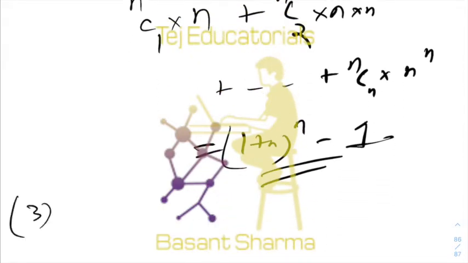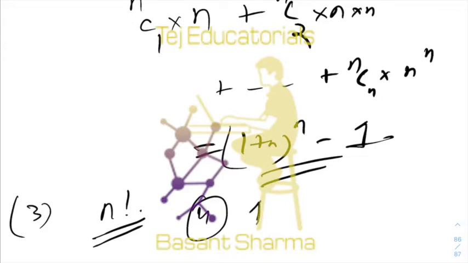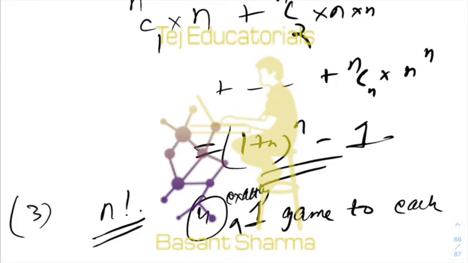Then third question, if I ask that if exactly one game is given to each, then that is simple. It is just n factorial. Okay. Then fourth part, if I say that suppose one game must be given to each, exactly one game to each, and 5 particular people or children, 5 particular children